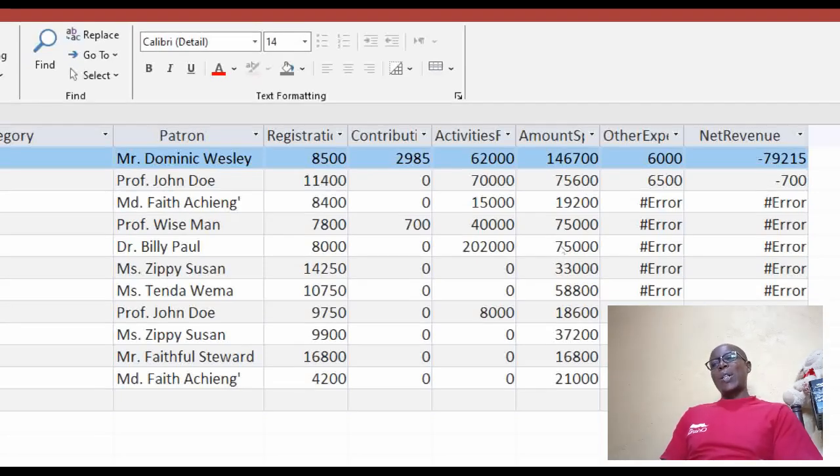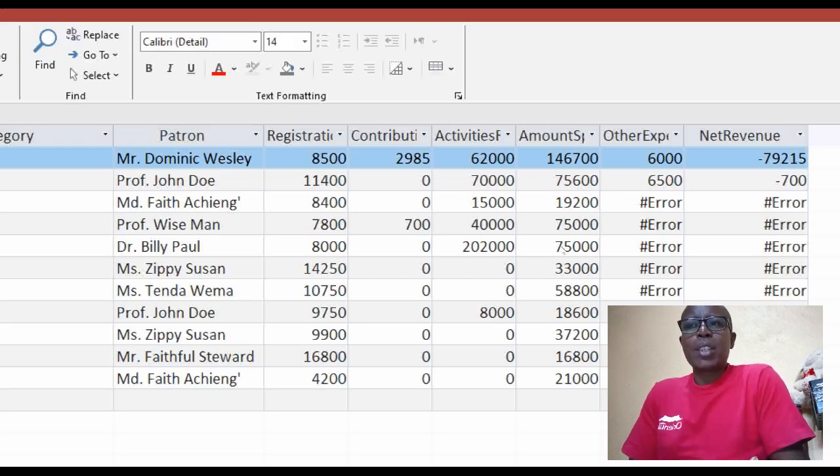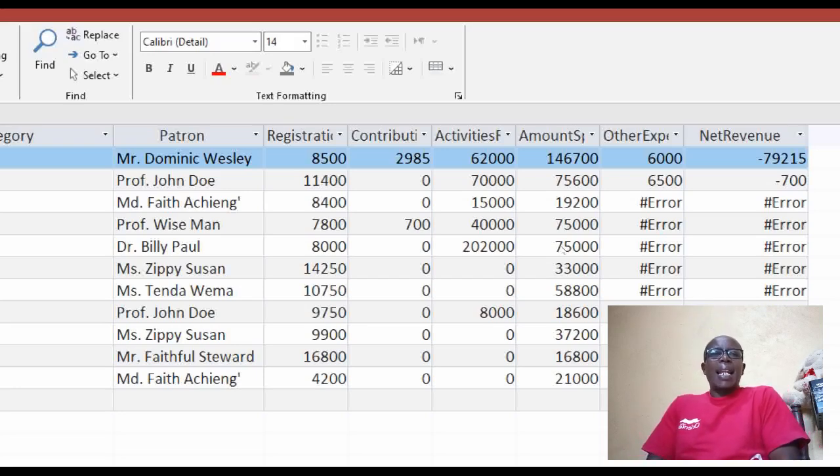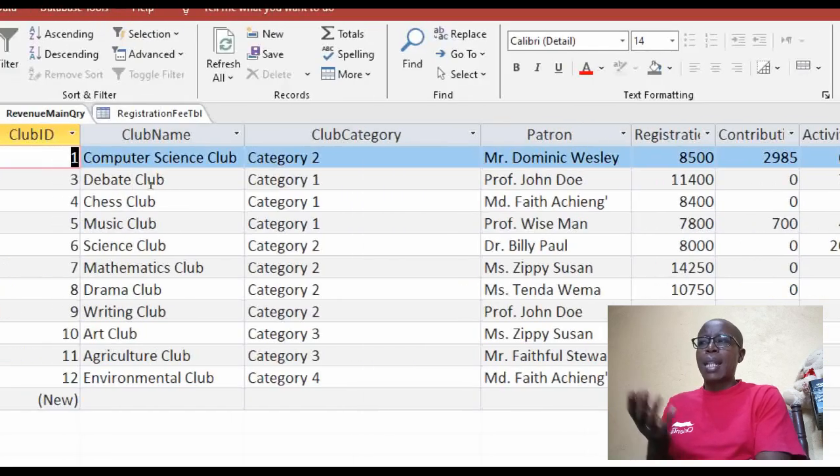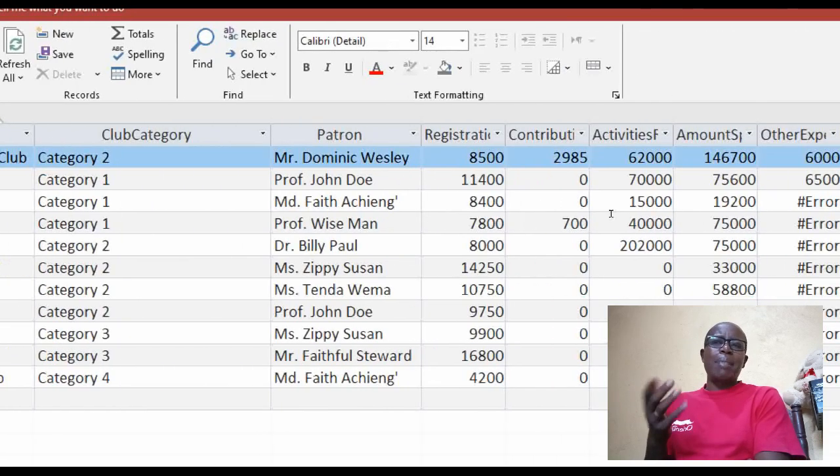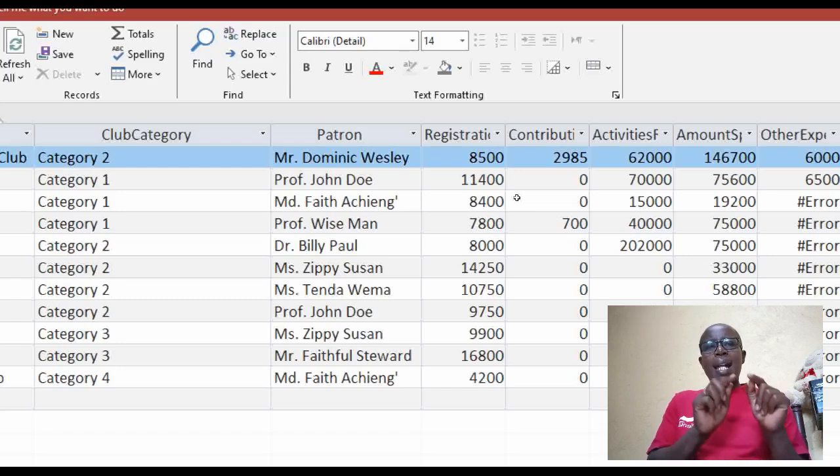Now, what is the cause of this error? This error is based on Microsoft Access trying to evaluate null values, empty results. There are some clubs here who have not engaged themselves in any activity. Among these items, there might be an activity which they have not engaged in. So to trap the null error,